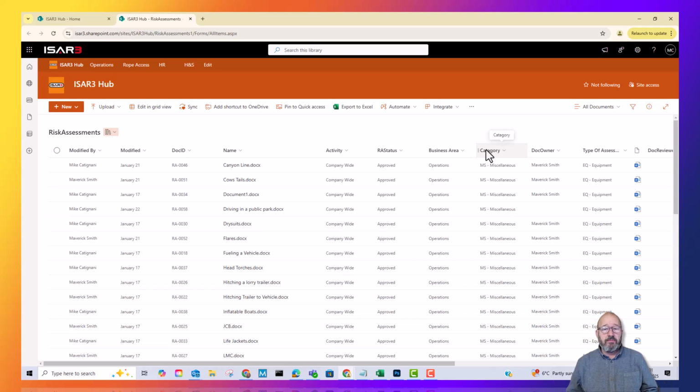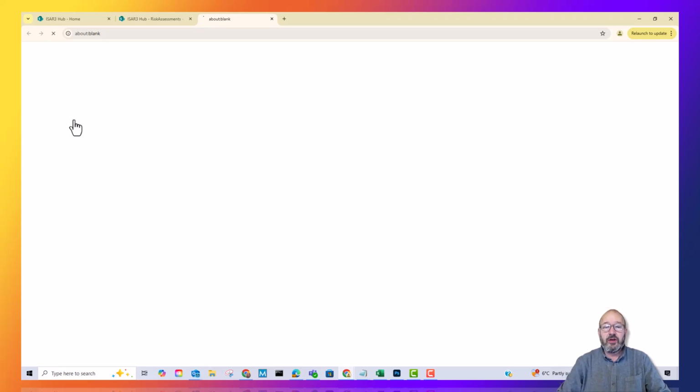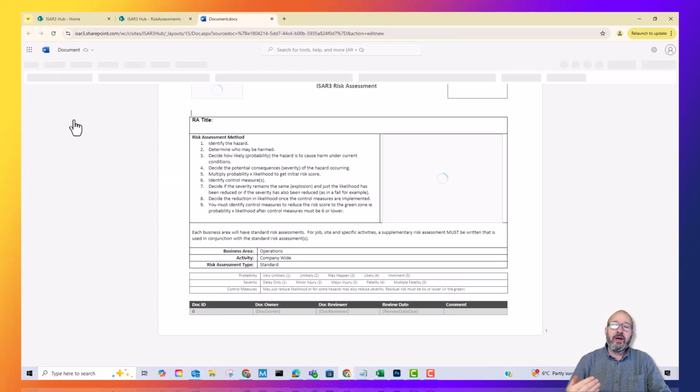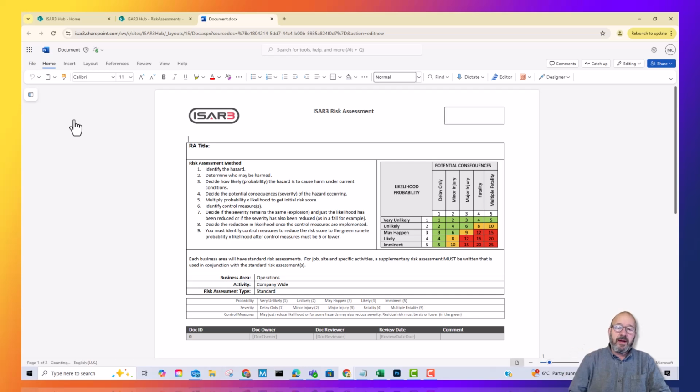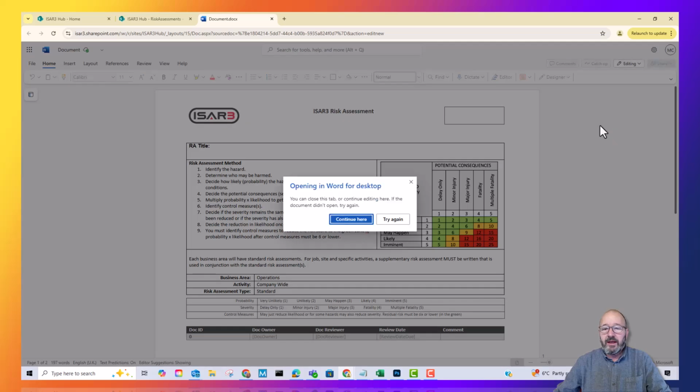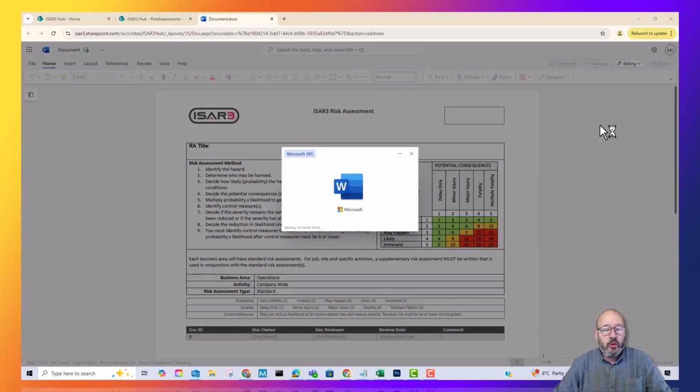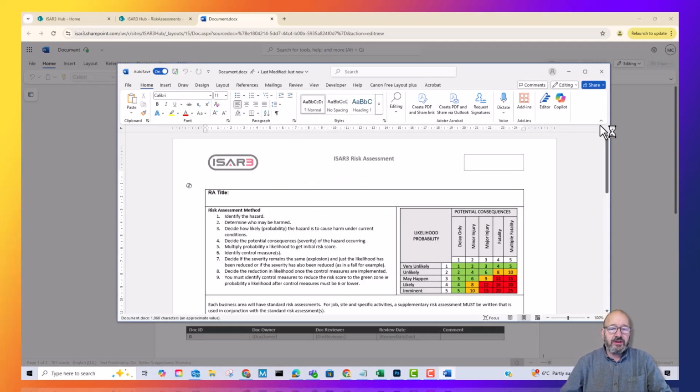And because it's so simple to do, I would not even classify this as a technical job. You click the button, you come into this library, and then you go to the new button and you'll see you have a choice there, which is a new risk assessment. You click on new risk assessment. Now, rather annoyingly, this will be opened up in the browser, which is fine for a quick preview, but for doing any editing work, we really have to go across here to the editing button, click on editing and go to open in desktop. Now this will open Word